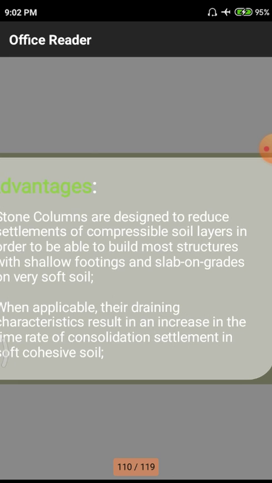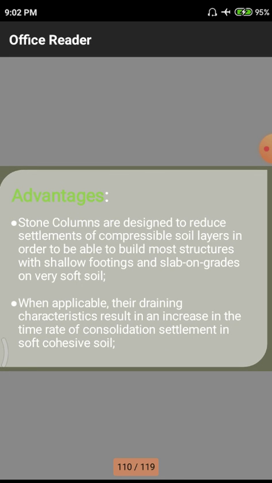What are the advantages of constructing these stone columns? Stone columns are designed to reduce settlements of compressible soil layers, in order to build most structures with shallow footings and slabs on grade on these soft soils. What is a settlement? Whenever a huge amount of force is applied on a particular soil, there may be a settlement in terms of